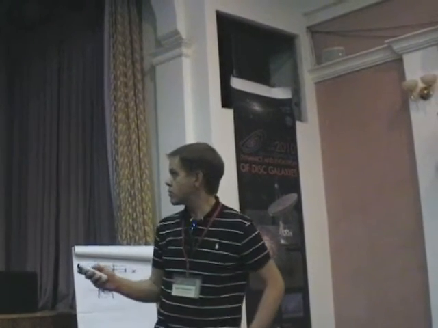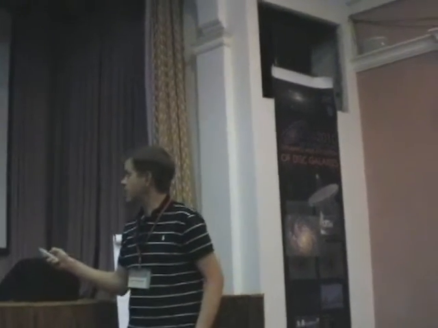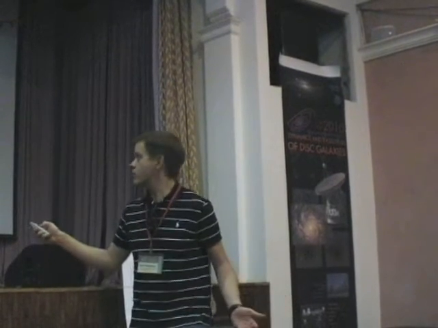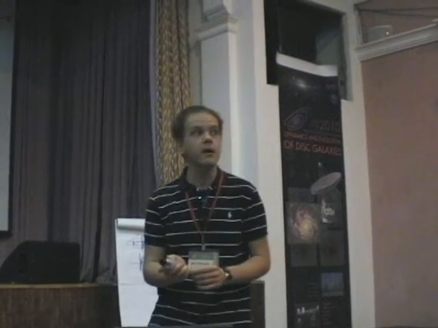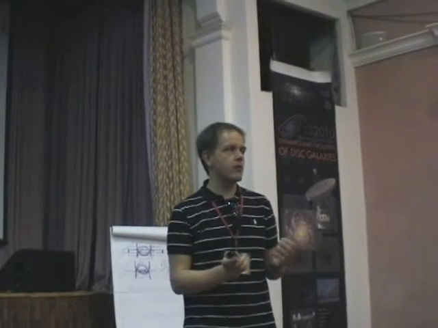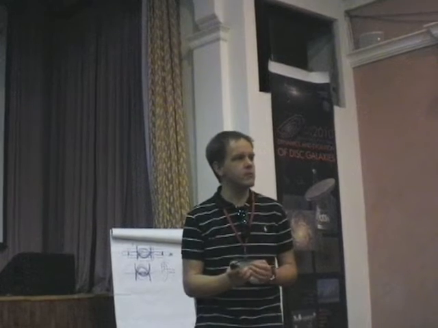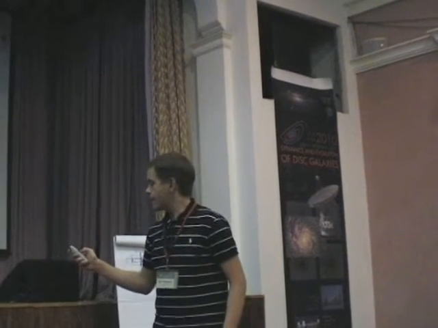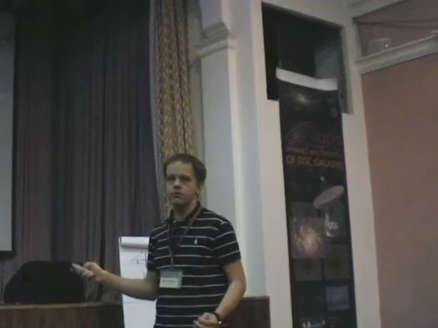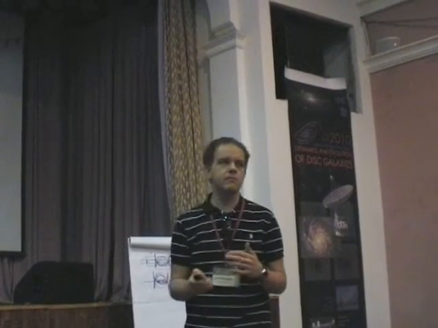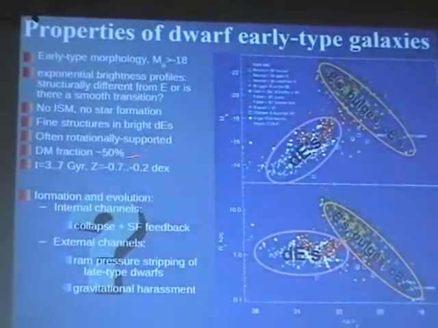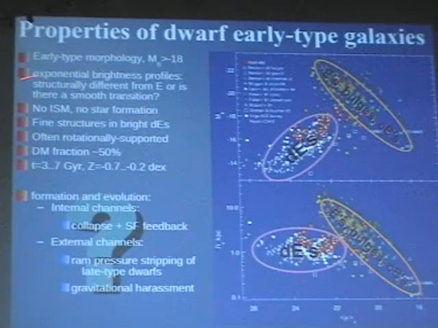So what do we know about dwarf early type galaxies? Well, they're dwarf and they're early type. They have a luminosity fainter than -18 in B and smooth elliptical morphology, at least how they were classified initially based on, let's say, photographic images from the Palomar survey. Compared to elliptical galaxies and bulges, which have simply concentrated profiles, dwarf ellipticals have nearly exponential brightness profiles,